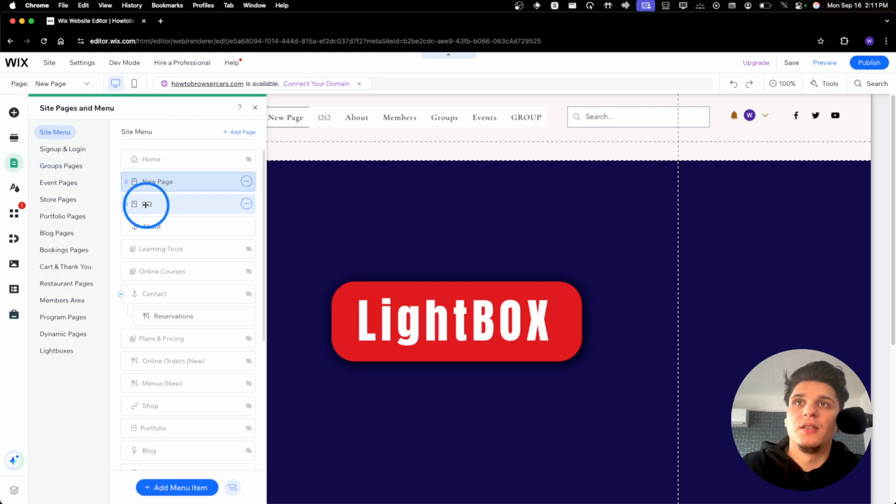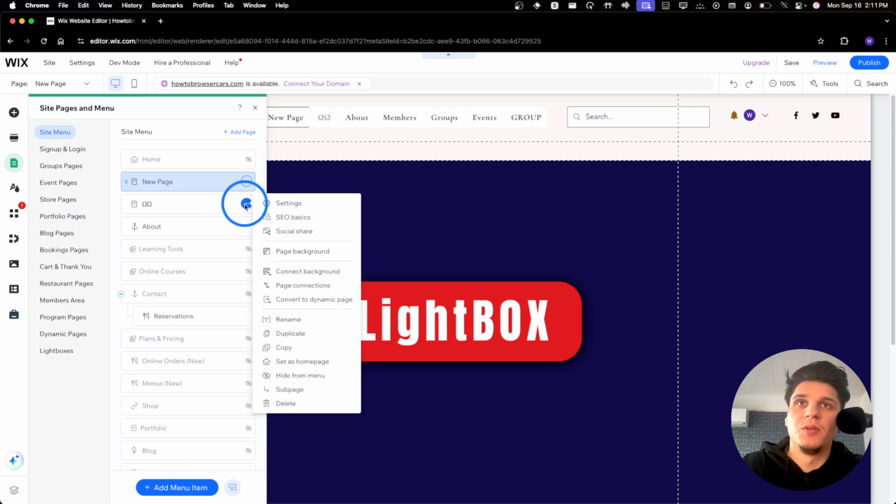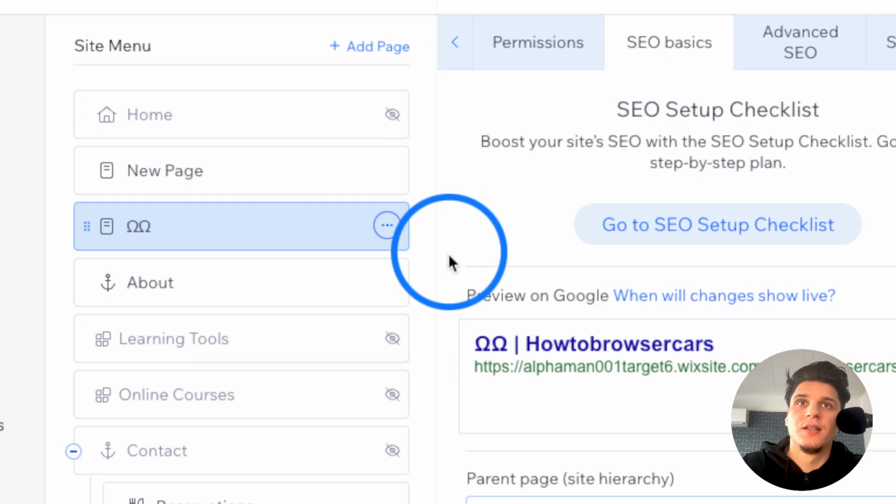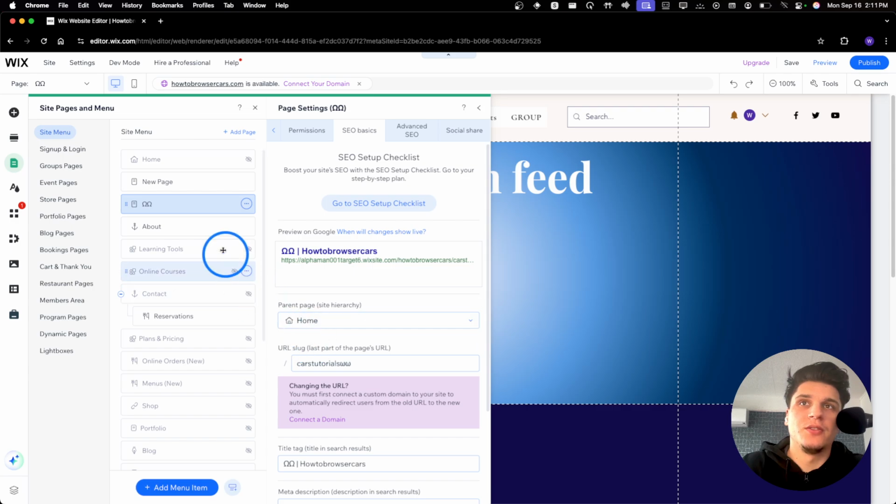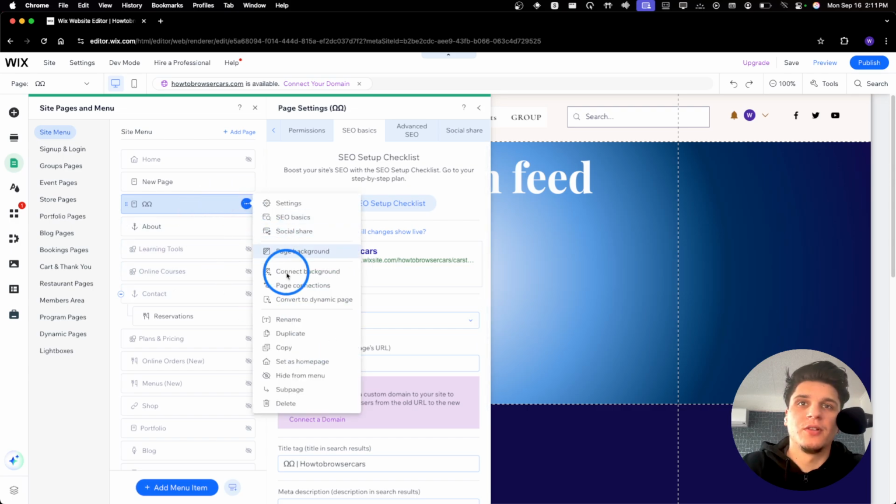It's going to give you this icon, as you can see, and for this kind of icon, which is a page, you will be able to go to SEO basics, and then you'll be able to change it very fast. Now if you click on the three dots here, you'll be able to delete this page